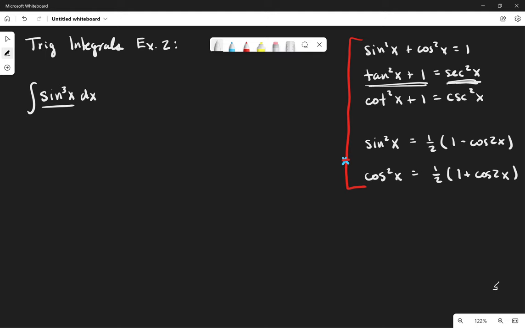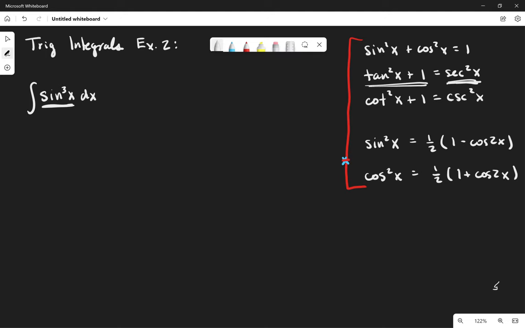With integrals, this is going to become a common theme throughout the entire chapter. You sometimes need to make the integral more complicated if there's too little to work with. I only have sine, that's all I can do. If you don't have enough to work with, maybe you need to throw something in there, make it a little bit more complicated, just so you can work with something so that it'll simplify back down. Because right now this looks really simple, but it's deceivingly difficult because there isn't much that you can